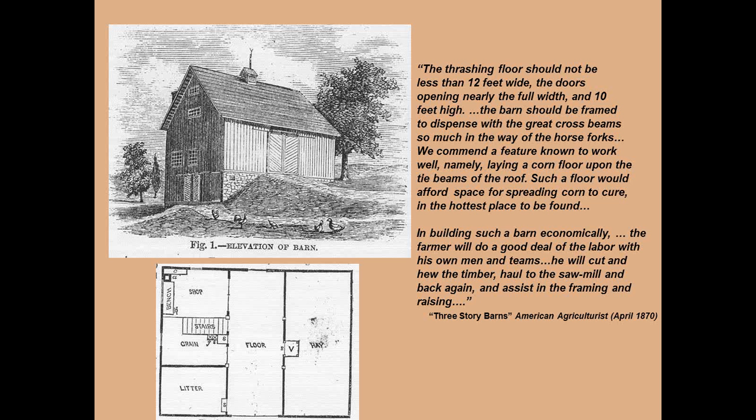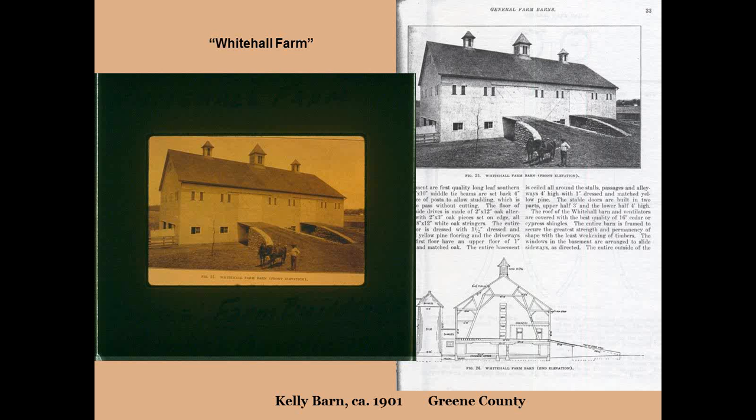You'll see a lot of these wonderful three-bay barns built at the side of a hill. I call them a side hill or bank barn. This is a really wonderful gentleman farm